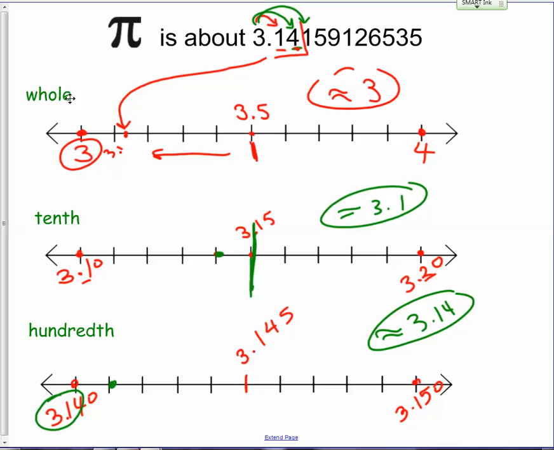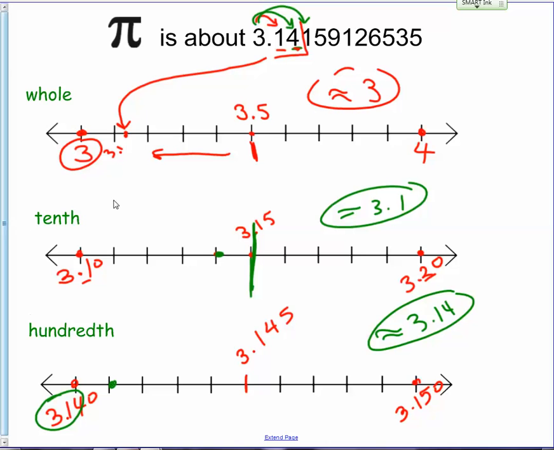But if I want to know the nearest whole number, I know that 3 is on the left and 4 is on the right, and I had everybody count by tenths, so we had 10 intervals between 3 and 4. And 3.14 is right around here, and we can see that it's definitely closer to 3. The middle of 3 and 4 is 3.5. So when I look to the right and I see this 1 in the tenths place, that tells me I'm to the left of the middle because 1 is less than 5. And therefore I know that to the nearest whole number, pi is closer to 3.